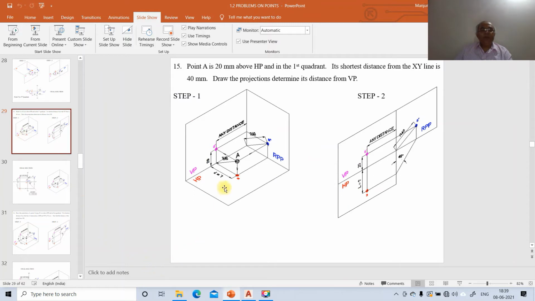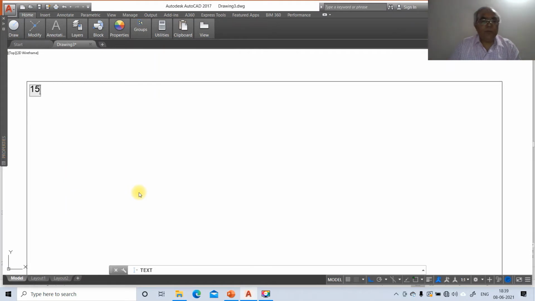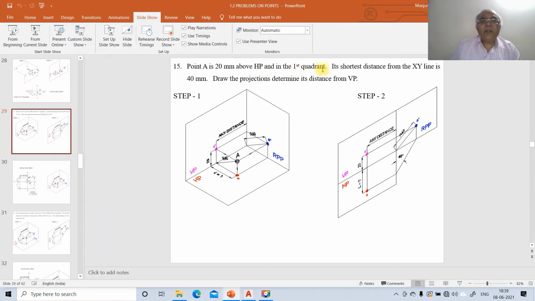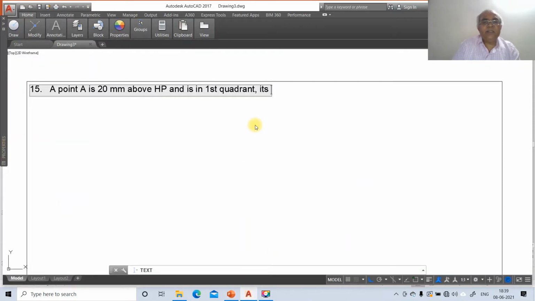15th problem. Point A is 20 mm above HP and is in first quadrant. In the first quadrant, its shortest distance from the XY line is 40 mm.